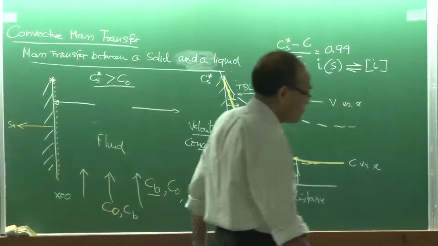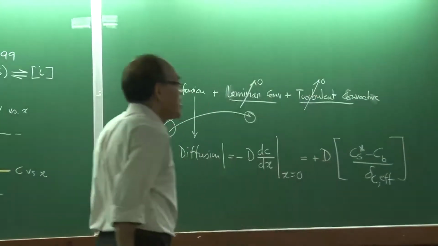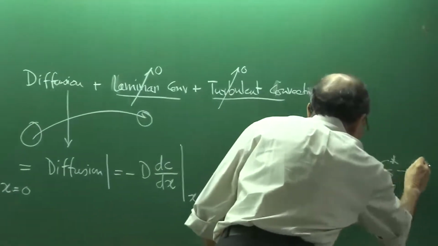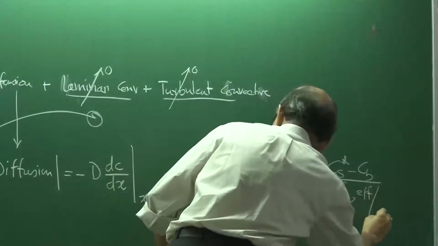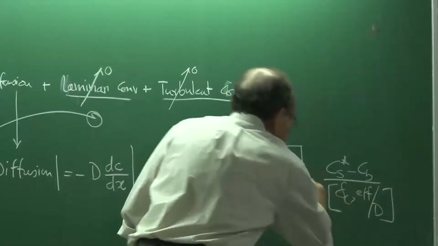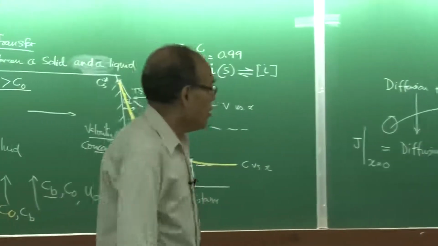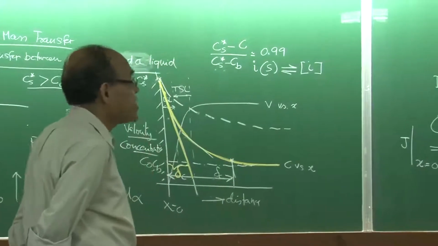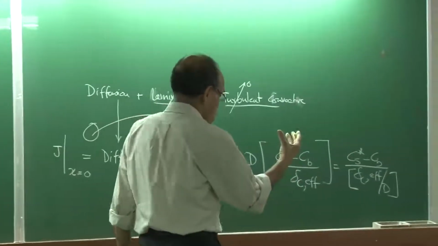So, therefore, we can say that this term is going to be, now, the sign is going to be changed because I have written Cs minus, and therefore, we can say that Cs star minus Cb divided by delta C effective by D. This I have cast again in the form of driving force divided by the resistance. So, delta effective by D, or the diffusion coefficient, essentially represents the concentration resistance,